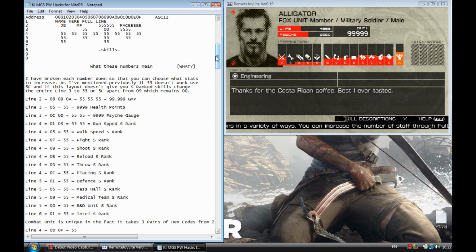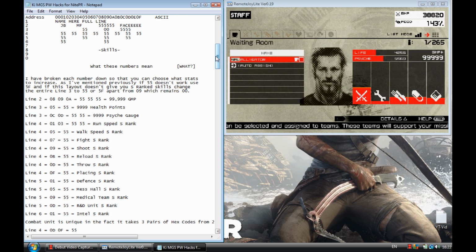The only thing I can't change on a character at the moment is where it says military soldier and the text that says thanks for the Costa Rican coffee, best I ever tasted. Those are the only two things I cannot change. So find a character with the text that you like, and most of them will say military soldier anyway. So yeah. So going back,